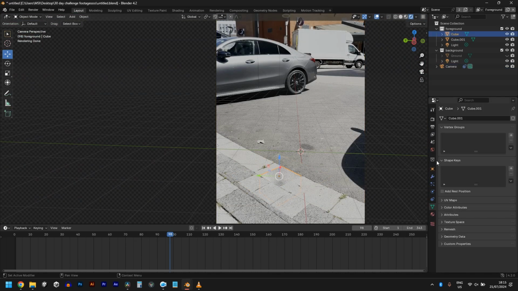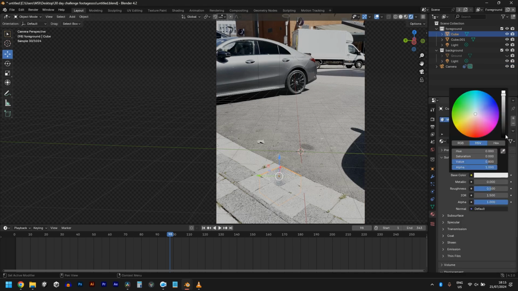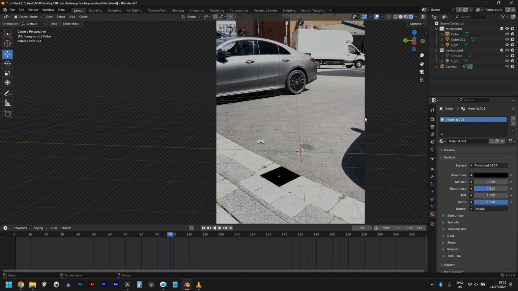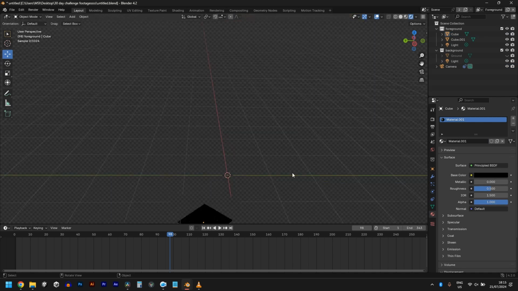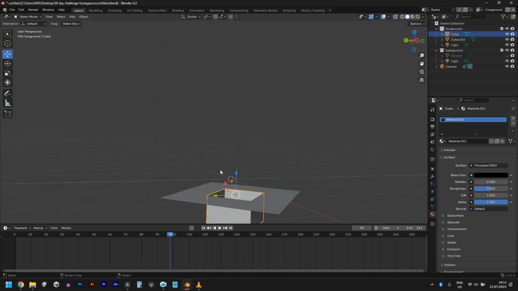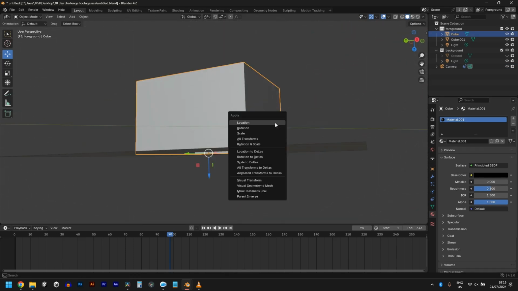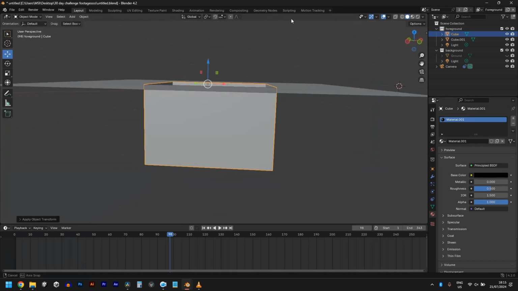So you see we have our hole. Now let's go to material, create a new material, make it very black. Yeah, so we have a hole right there. I want to give this hole some thickness. So this box, let's just apply scale first of all, and then use a modifier